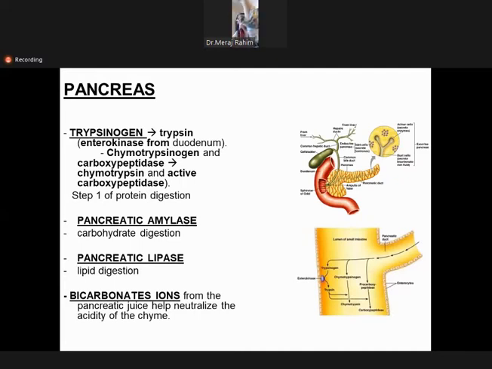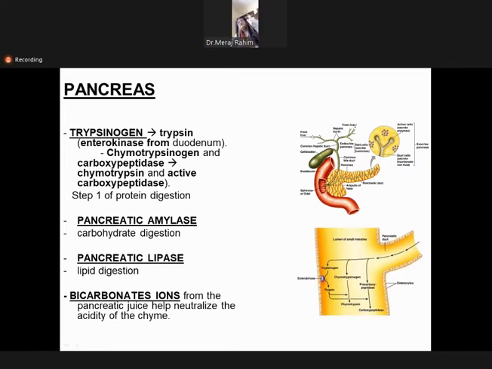So the pancreas will secrete some enzymes. You know, the pancreas contains endocrine and exocrine portions. The exocrine portion contains enzymes which are the trypsinogen, the pancreatic amylase, the pancreatic lipase, and the solution secreted by the pancreas is rich in bicarbonate, because as the substances are going into the duodenum, they are highly acidic. So the pancreatic secretions will buffer the acidic substances. The rich bicarbonate solution is liberated by the pancreas, and it helps to neutralize the acid chyme.